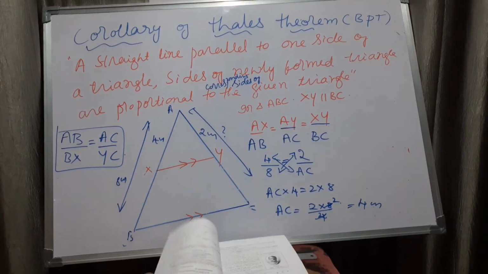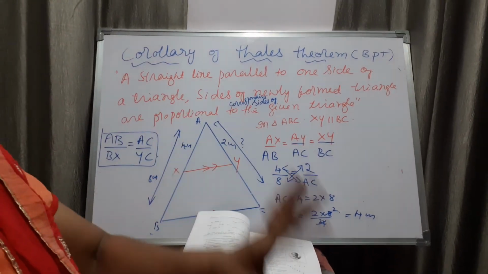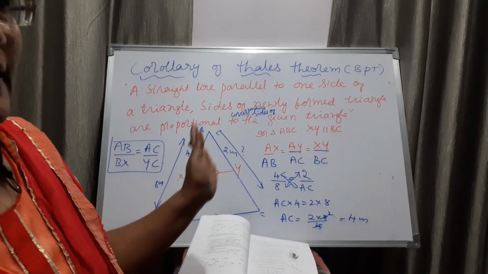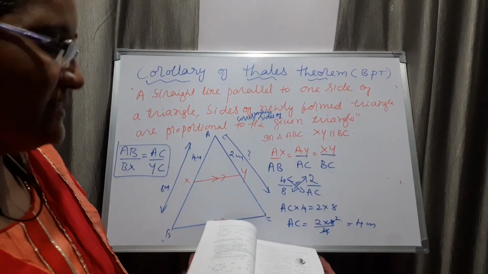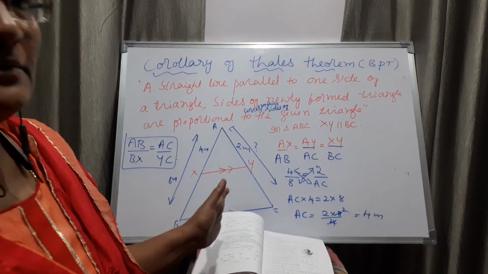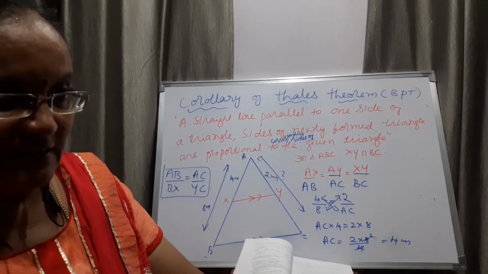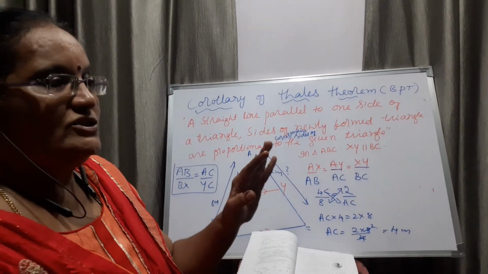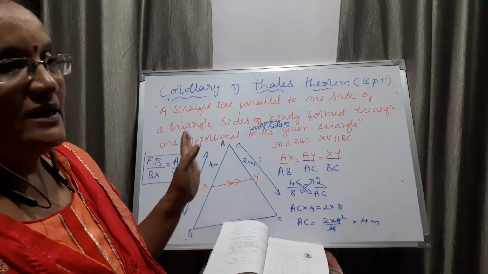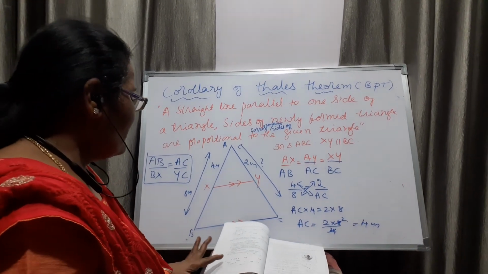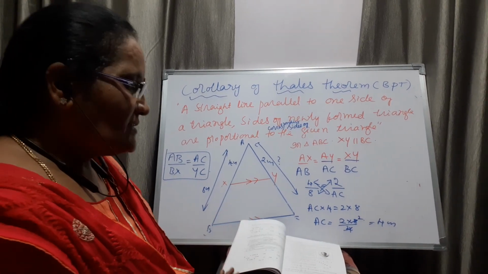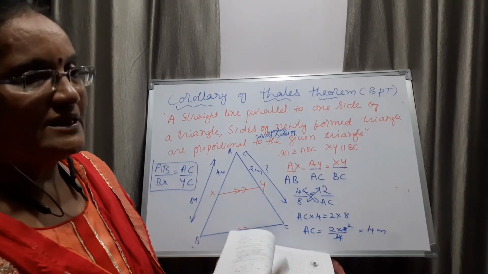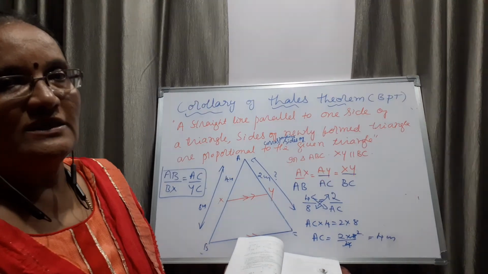The conditions of similarity are: first, in two figures, angles of one are equal to the corresponding angles of the other. Second, sides of one are proportional to the sides of the other. If these two conditions are satisfied, then they are similar. Therefore, for the third main, those two figures are not similar. In the next class, we'll prove Thales theorem and solve problems on Thales theorem.